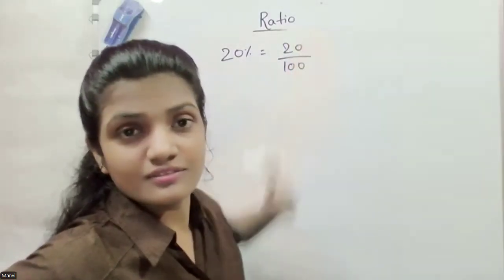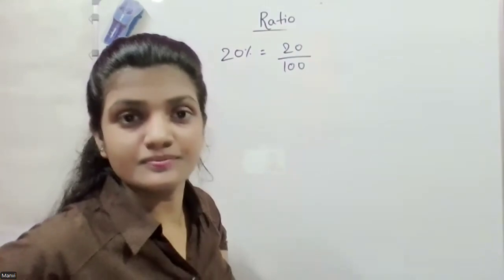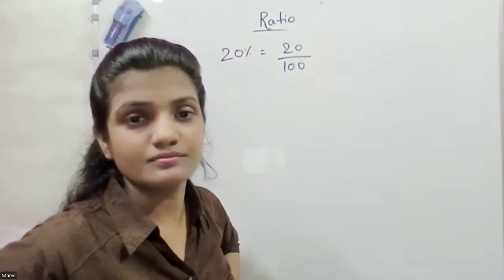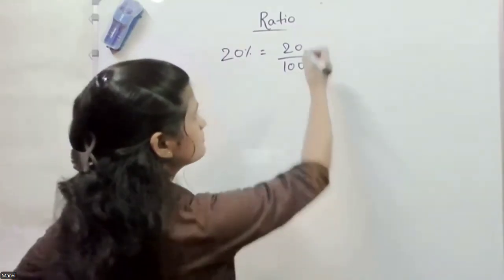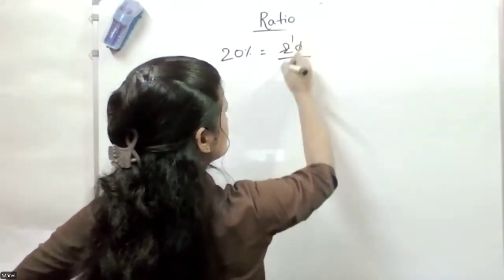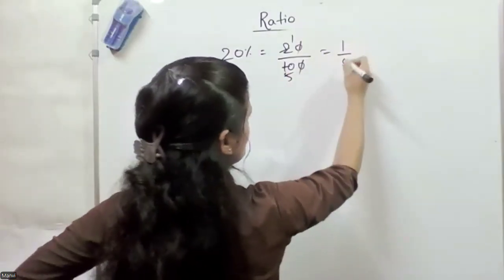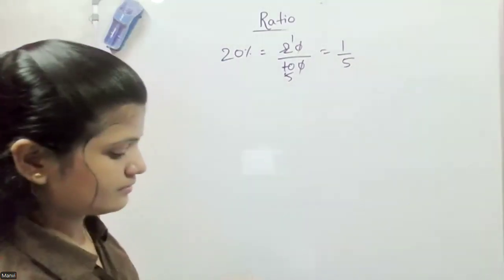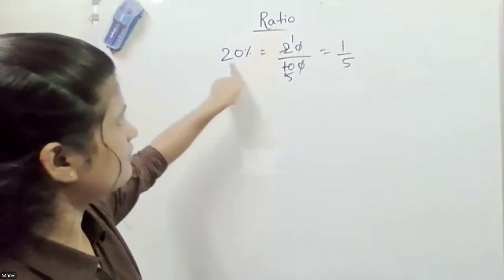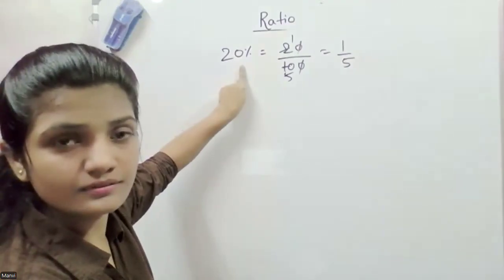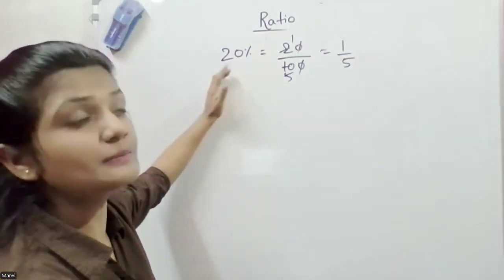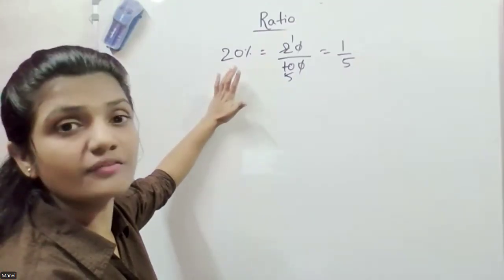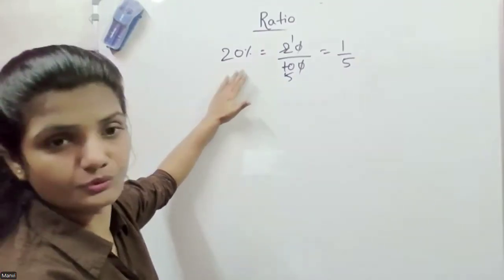I think I might know how to do this. So you have to simplify that, and then, for example, if it's 2 by 5, then you do 5 take away 2, which will give you 3. And then, for example, the green ball is 2, and ratio 2 to 3, like that. Here we have 20%. Okay. For example, we have 20% apple. Yeah. So what will be the ratio for apple to total number of fruit?